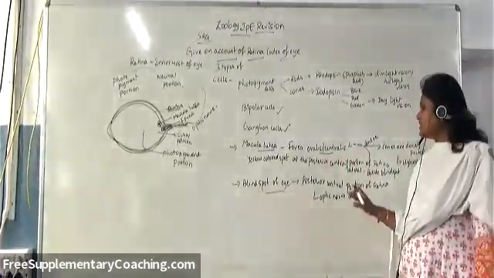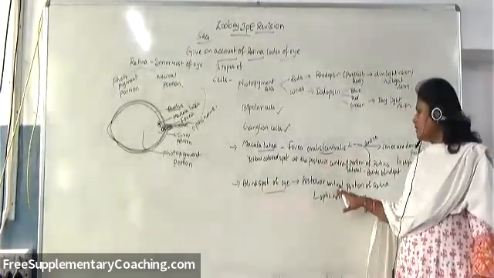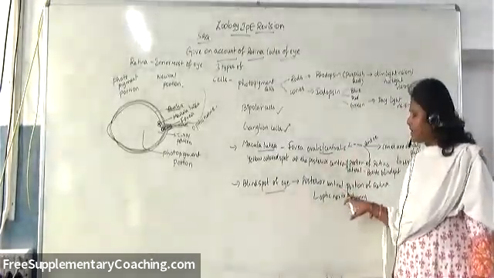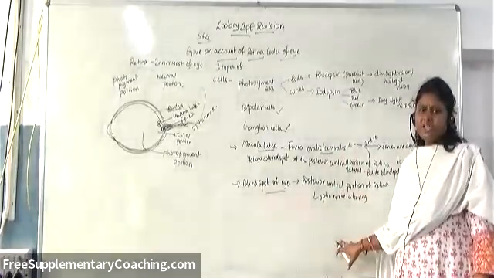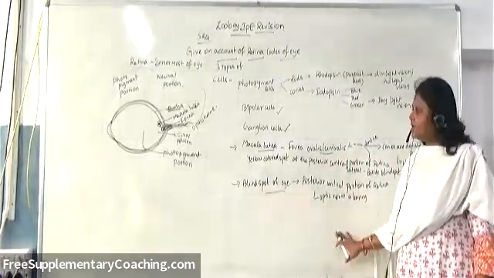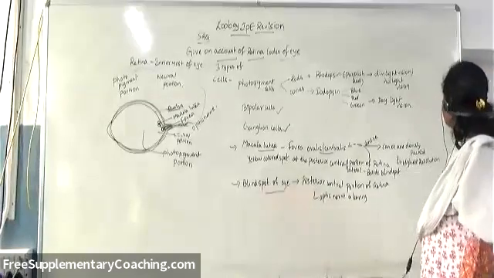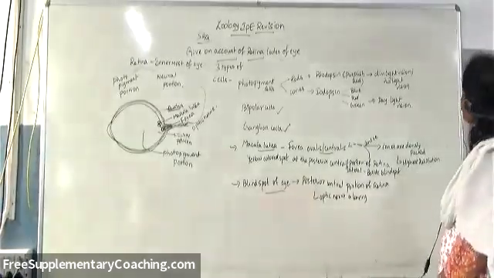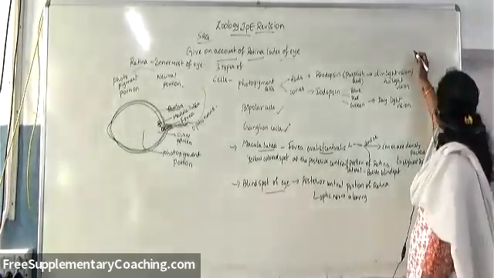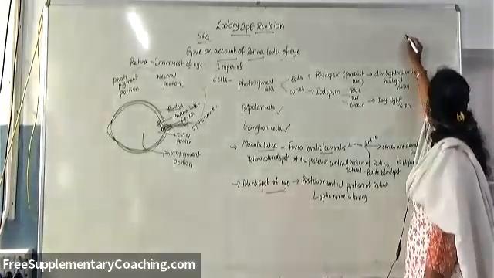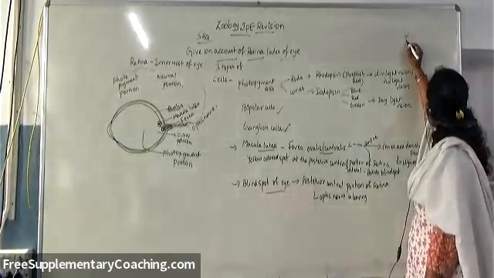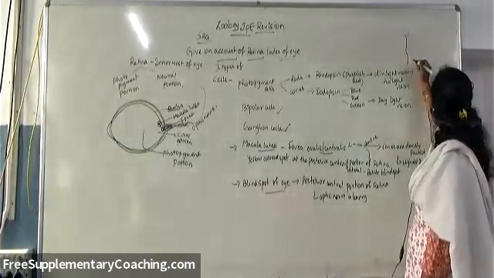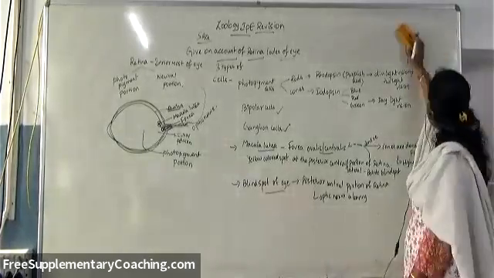And what is the blind spot of the eye? The blind spot is also present at the posterior central portion, from where the optic nerve is leaving the eye. So like this, three different types of cells are present. And even roughly you can present the diagram also. Roughly you can present the diagram like you can show the bipolar cells and ganglion cells.